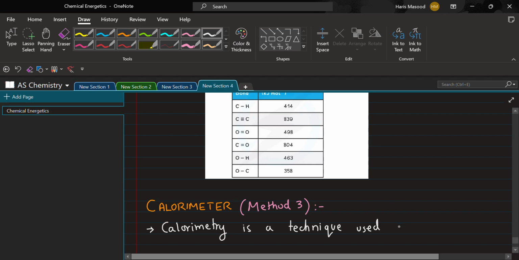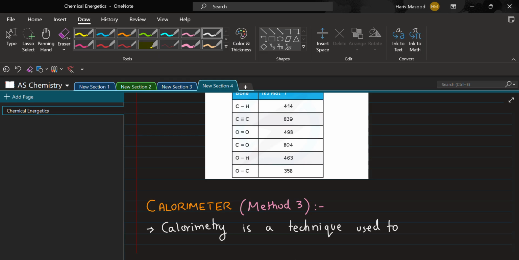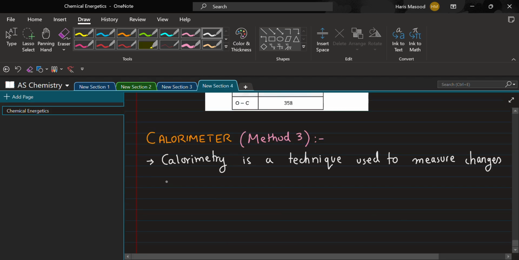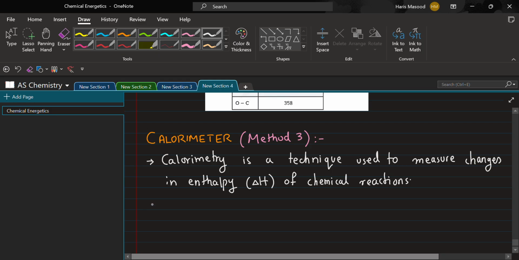used to measure changes in enthalpy, that was delta H, of chemical reactions. So we are talking about an experimental technique. Okay,